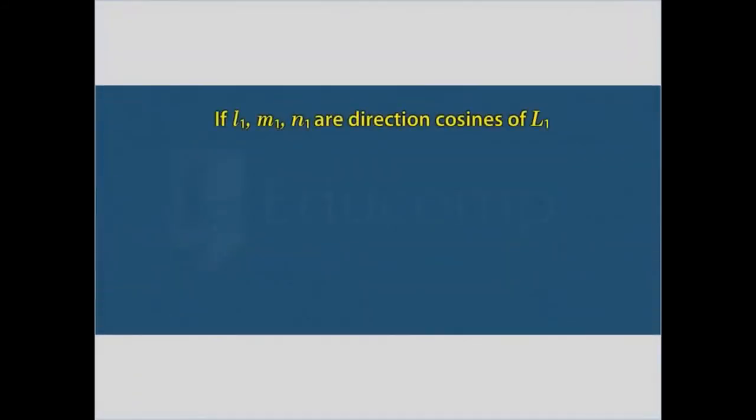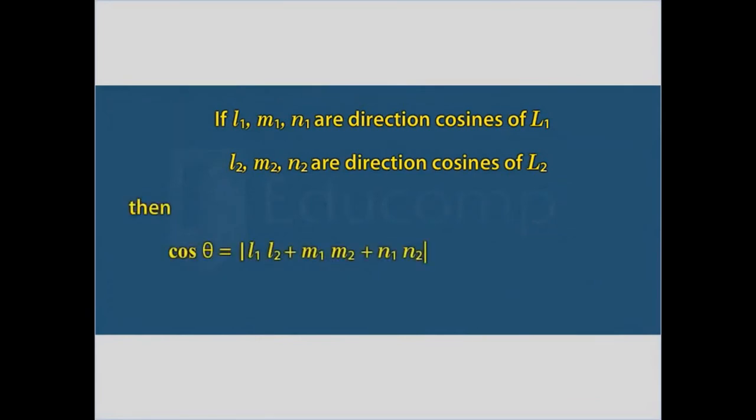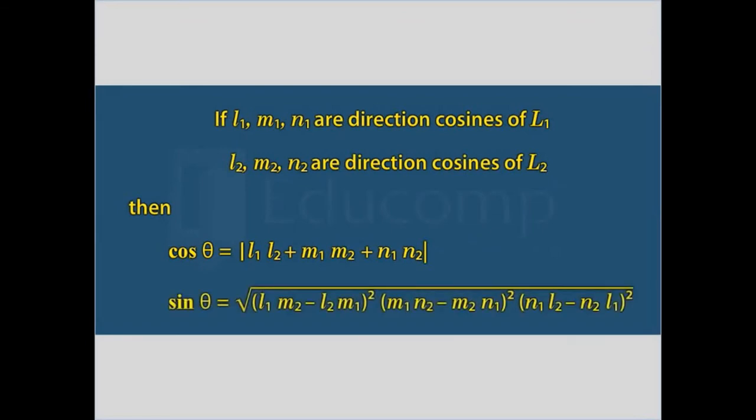If L1, M1, N1 are the direction cosines of line L1 and L2, M2, N2 are the direction cosines of line L2, then cos theta is given by mod of L1 L2 plus M1 M2 plus N1 N2. And sin theta is given by